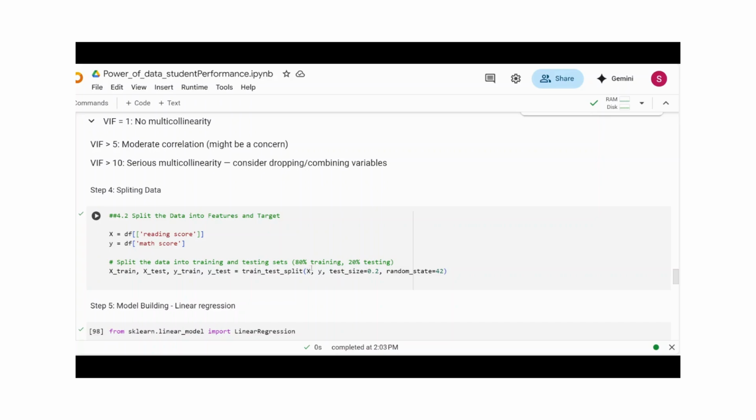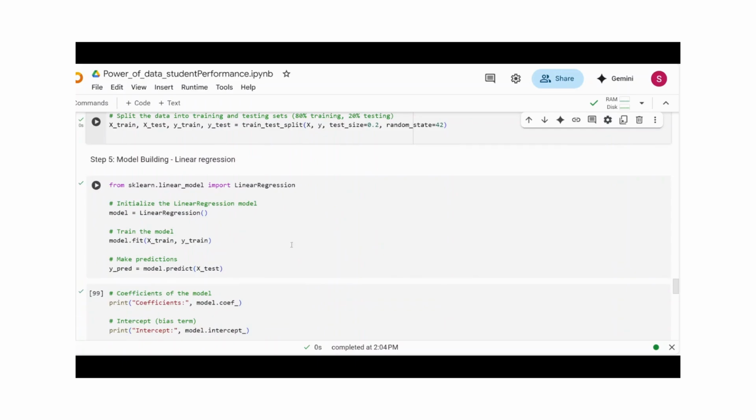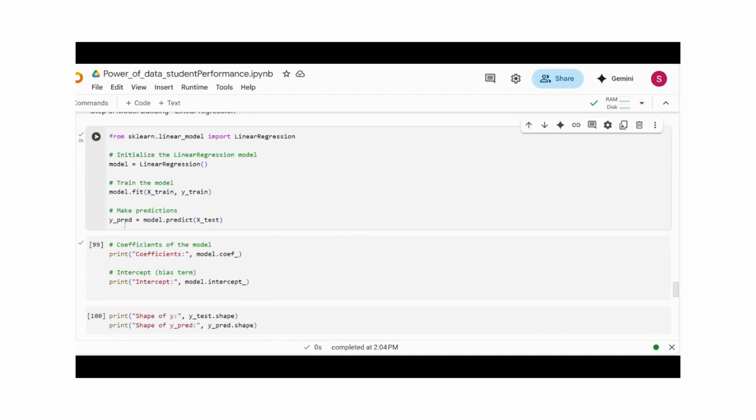I will be keeping 80 percent for training data and 20 percent for testing the data. After running this one, we are ready to train the model. I'm using linear regression. From scikit-learn, importing the linear regression library, I'm fitting the data to the model